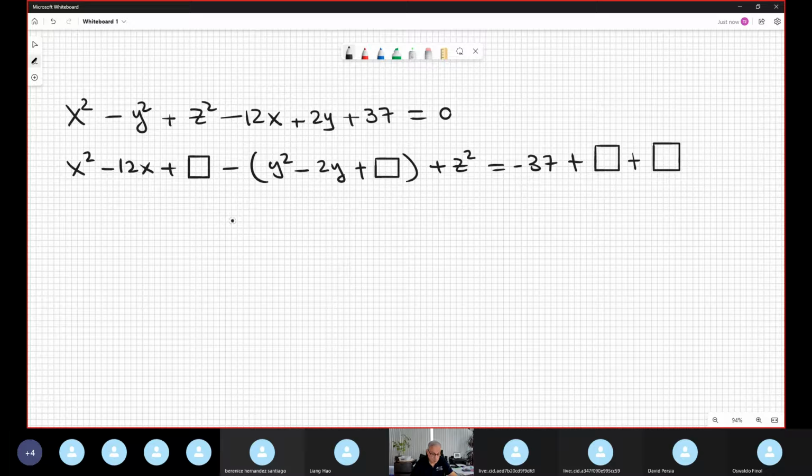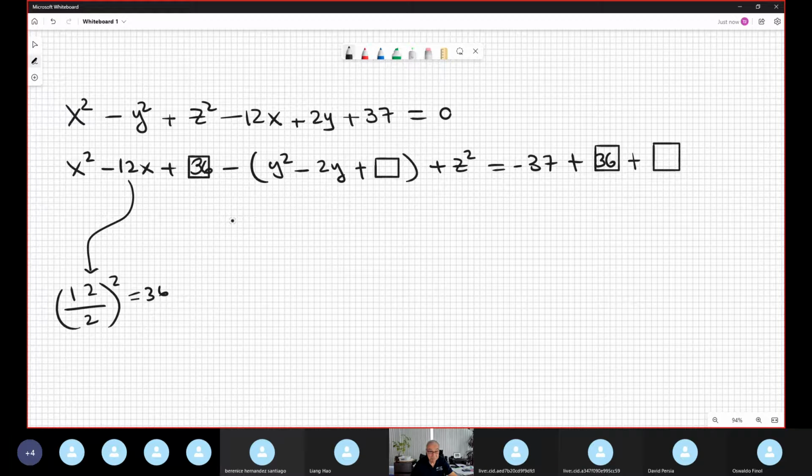The number in the first box is obvious: 12 divided by 2 is 6, and squared, 36. And the number in the second